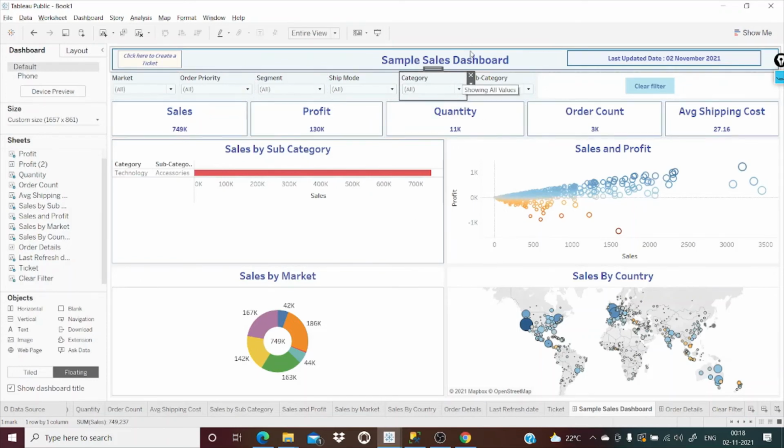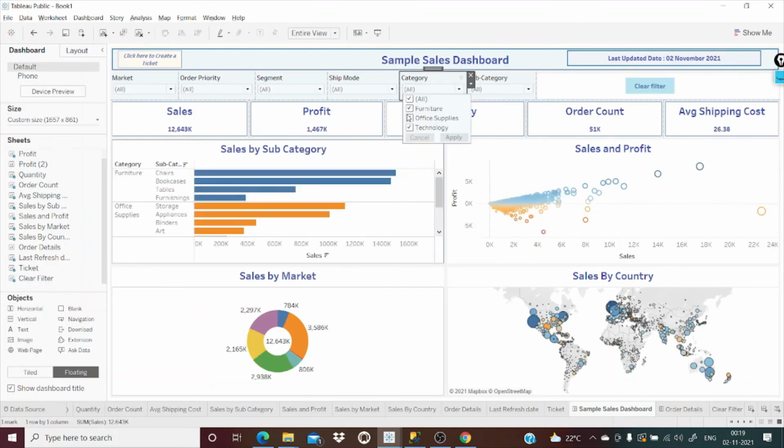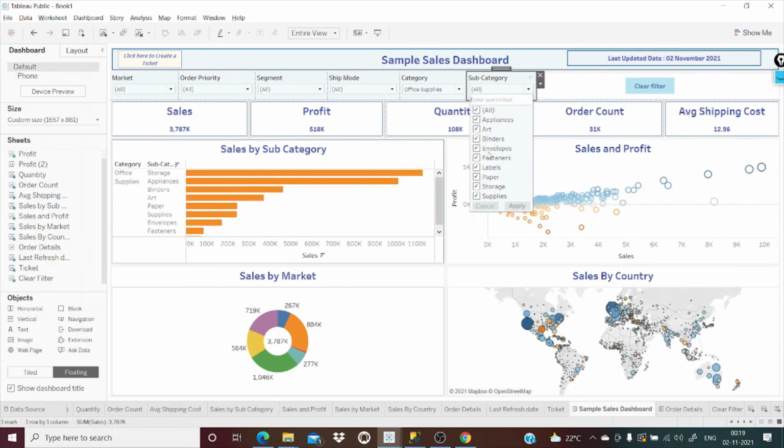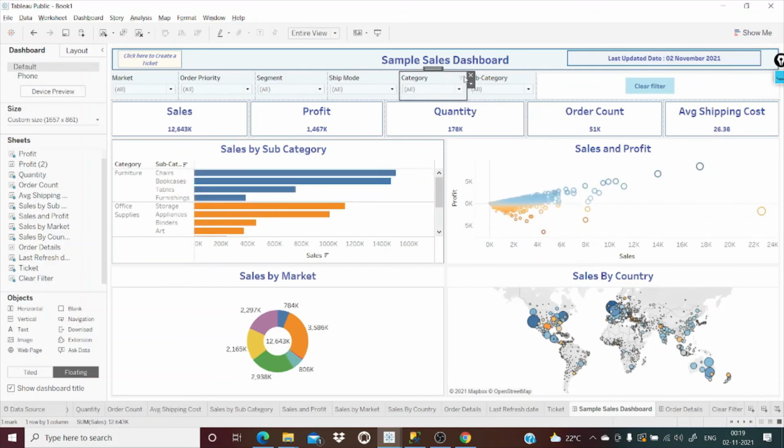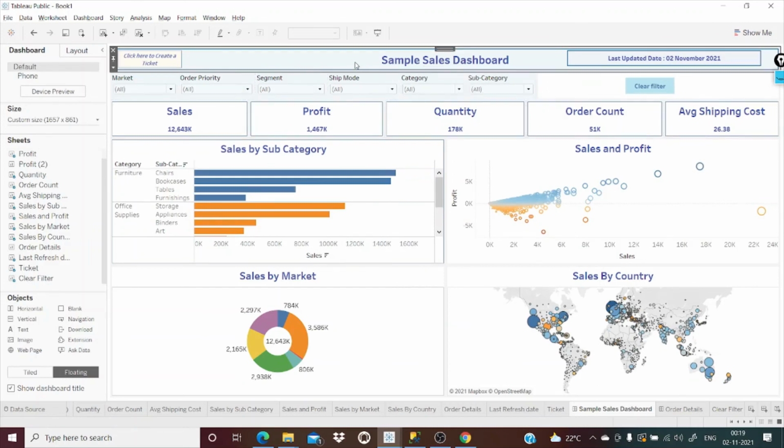So in either case, whether you select from the category or from the subcategory, only the related values will be shown in the dependent filter. Like this, if you select subcategory, only the related values will be shown in the category. Suppose if you select any of the category, only the related values will be shown in the subcategory. That is what I meant, if I confused you. Okay, I think we are done.